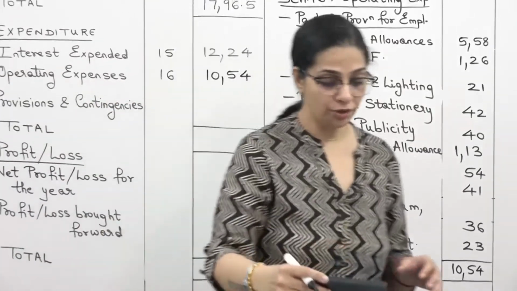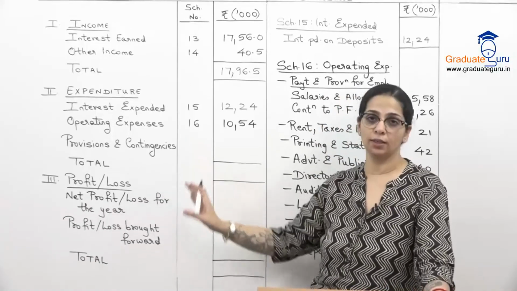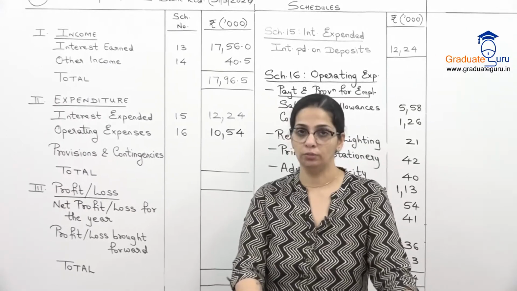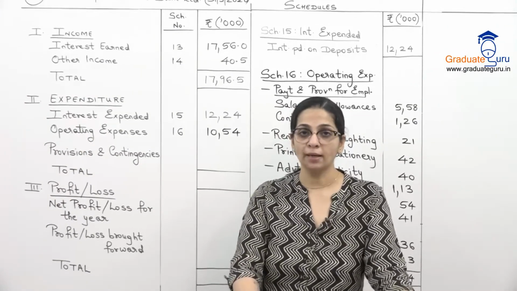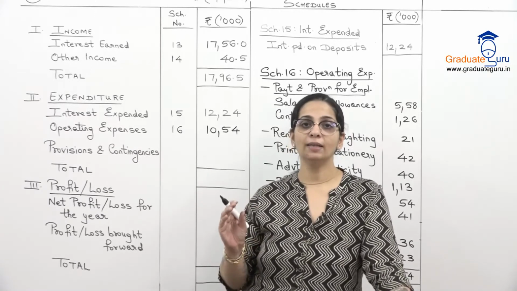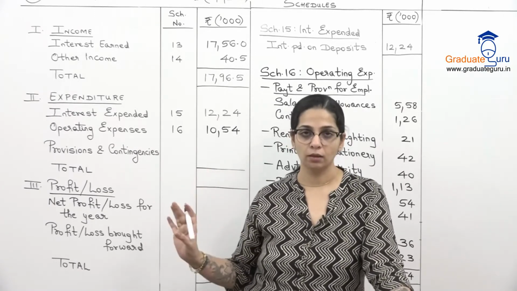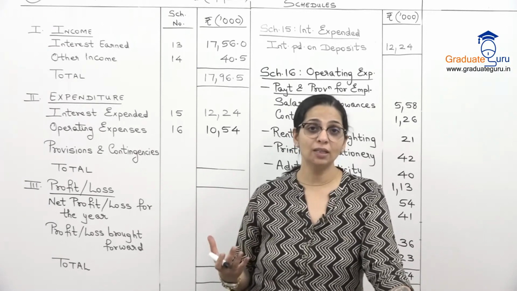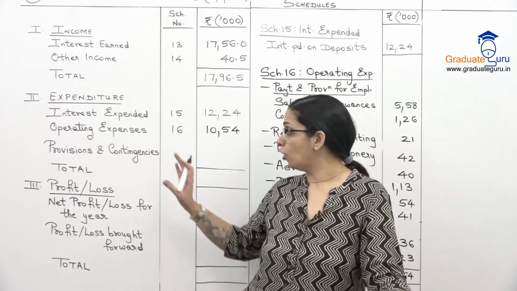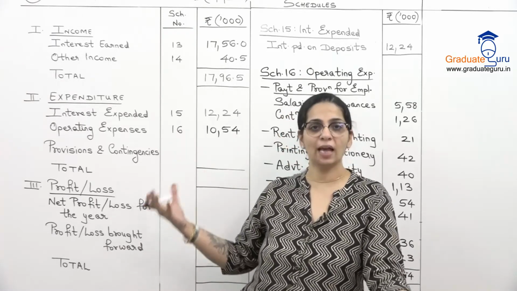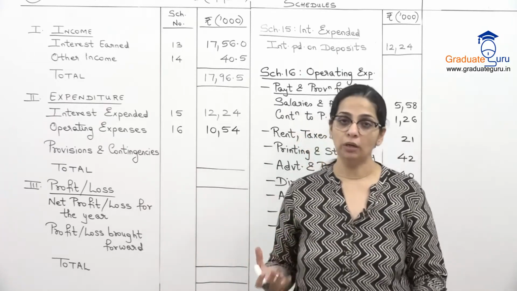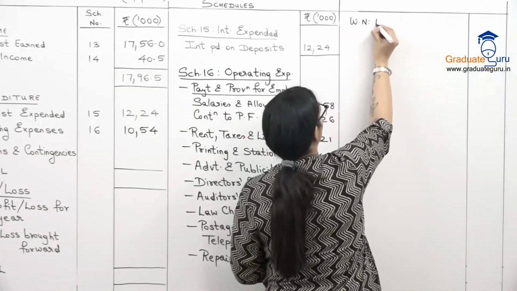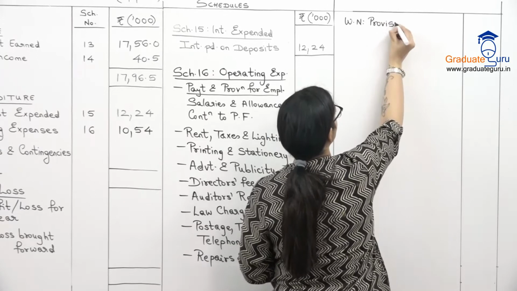Okay. Now what remains is our provisions and contingencies. Provisions and contingencies does not have any schedule. As I had explained when we were doing the format, provisions के लिए उन्होंने कहा है that one amount has to be given by the bank. The bank will not be questioned कि उसका breakup क्या है, कितना provision create किया है, nothing. So here what we have to do is, because we have to make a calculation, we'll not show it as a schedule, but we'll show it as a working note. So I'll show a working note for provisions on contingencies.